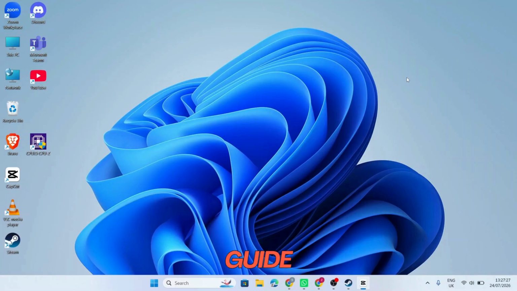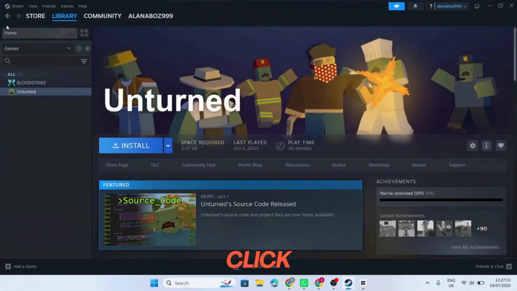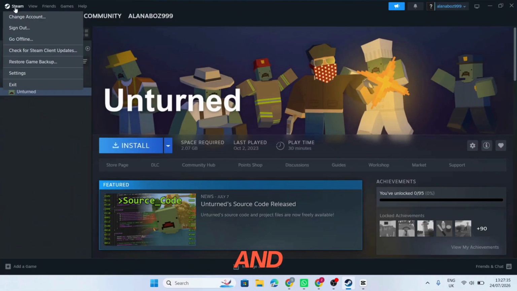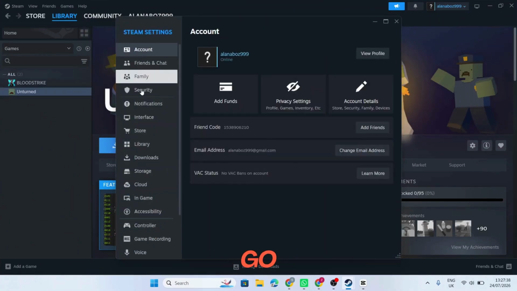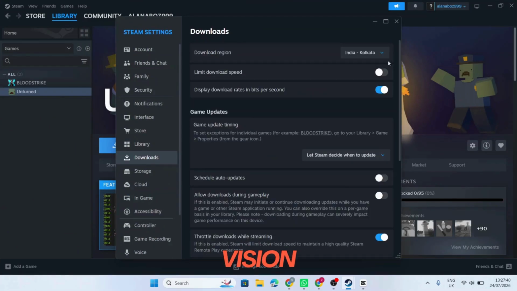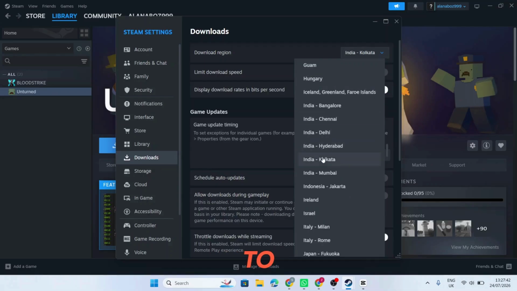In this video, I will guide you on how to fix Steam downloads or updates failed. First, open the Steam app. Now click on the Steam at the top left corner and select Settings. From here, go to Downloads tab and make sure download region is set to a server close to your current